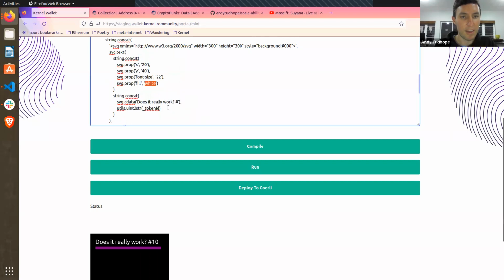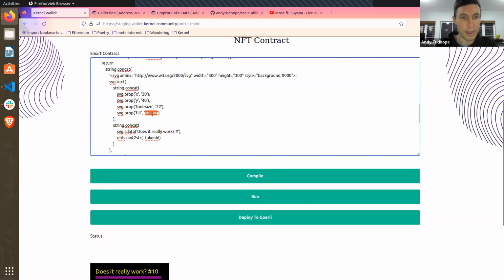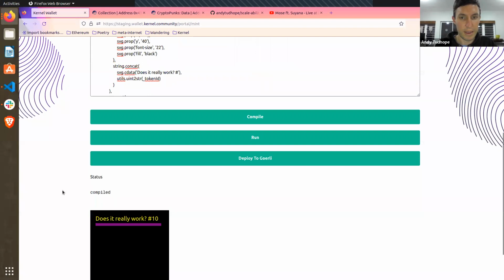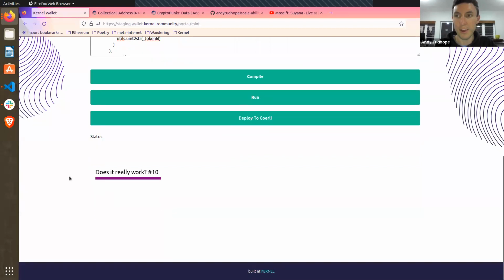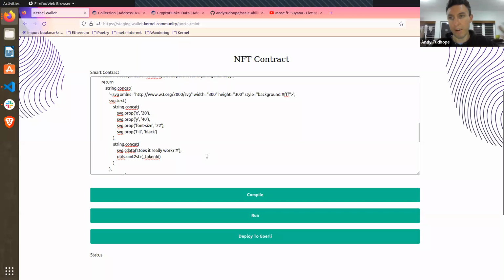I can change the color of the text. Why not? Let's see. It's a fun thing to do. There you go. What happens if I change it to black and change the background here to white? Oh, there you go. So you can really begin to start playing around, right? I'm being a little bit disingenuous by just playing here, but